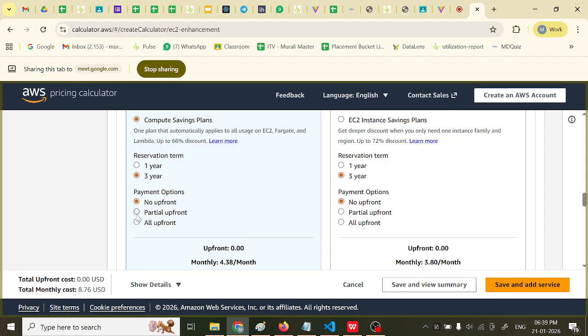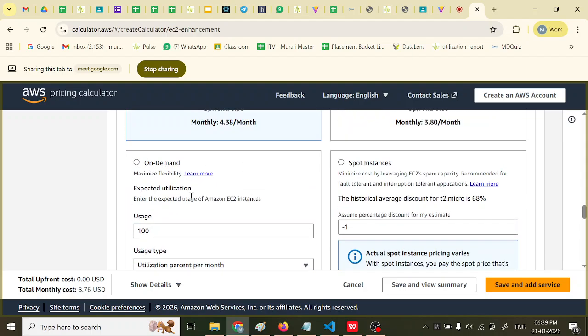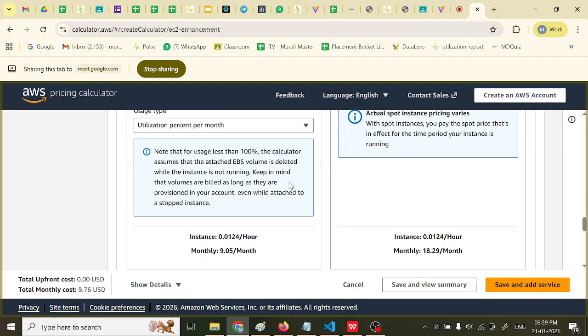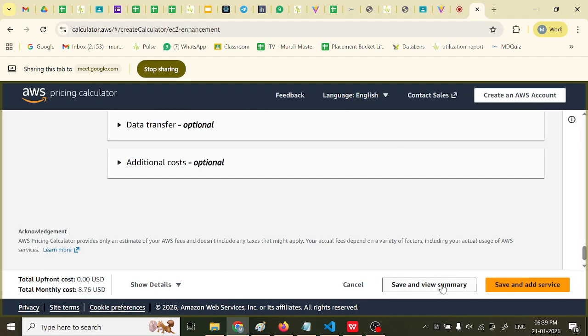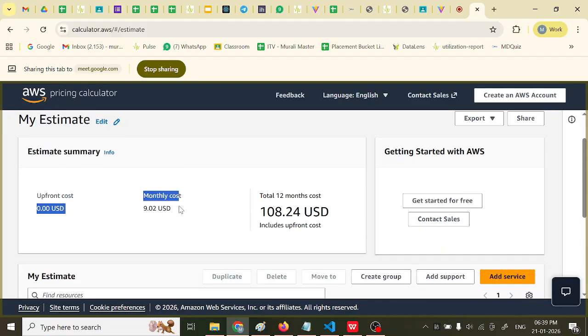Now, how much is charged? You can go for multiple instances also, and you can mention how much it is going to be used per month and everything. These are all optional only. Now you click Save and view summary. Now you see the monthly cost is $9,